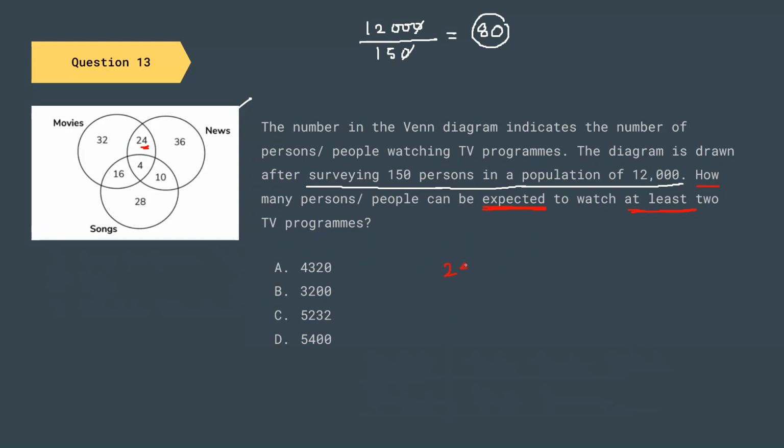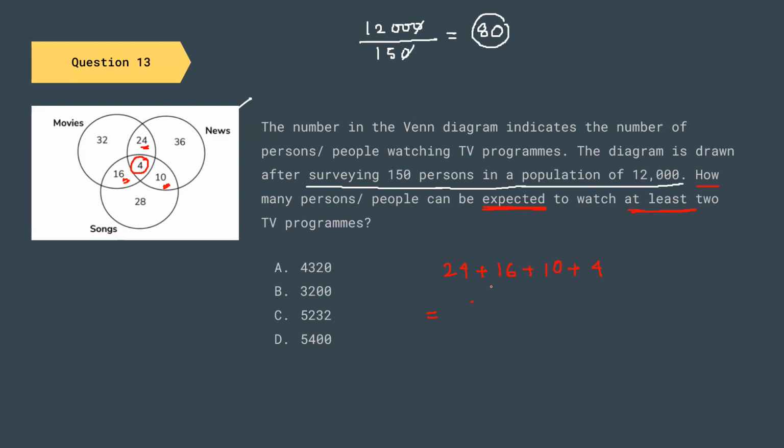So 24 people are watching movies and news. So they are watching two programs. 16 people are watching movies and songs. So they are also watching two programs. 10 people are watching news and songs. So they are also watching two programs. And four people are watching three programs. So they are watching at least two, no? So we are also going to add this one. So we are getting a final result. If we add everyone,